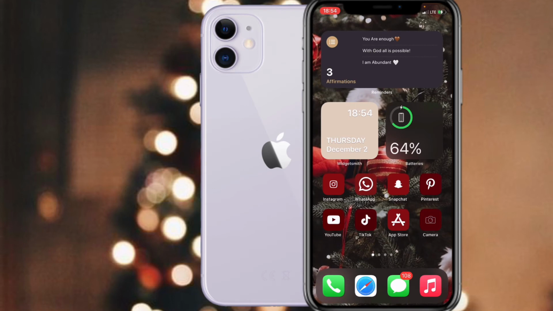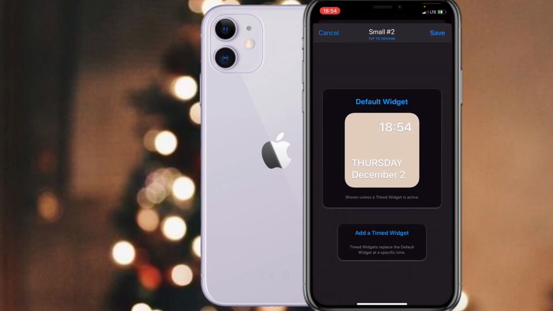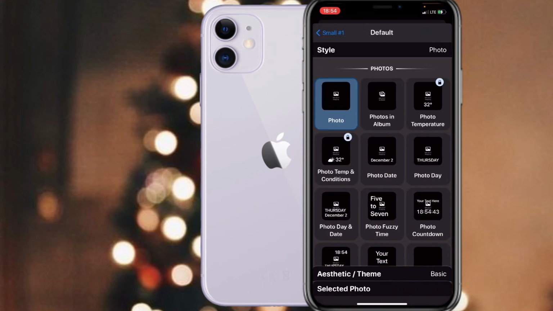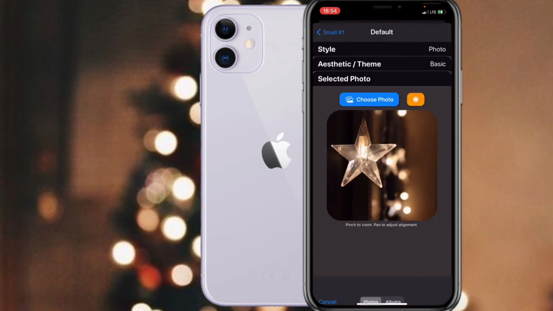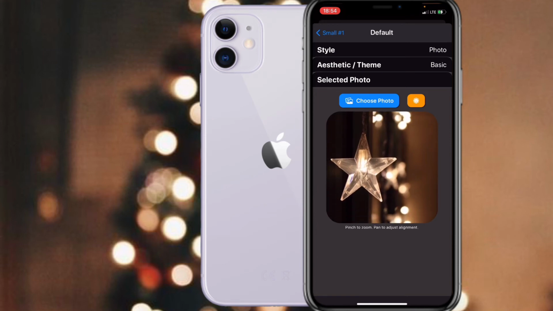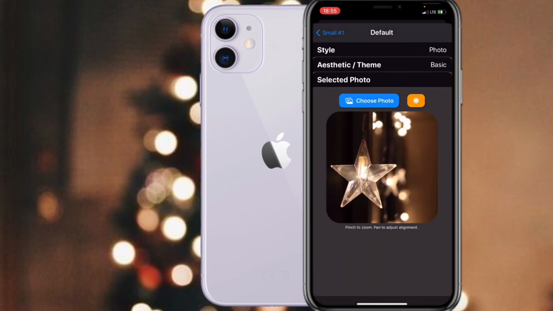So now we're going to move to my widget, like here. I'm just gonna click here, and I think I would really love to put a picture, and I'm just gonna put this one. Yeah, I'll just put it like this. Oh no, this one. Yeah, I'm just gonna put this one, and yeah,